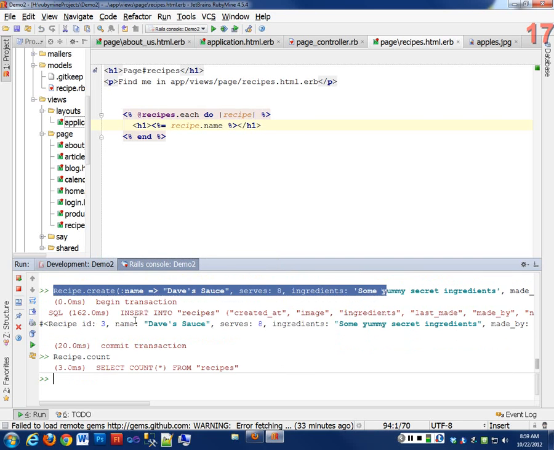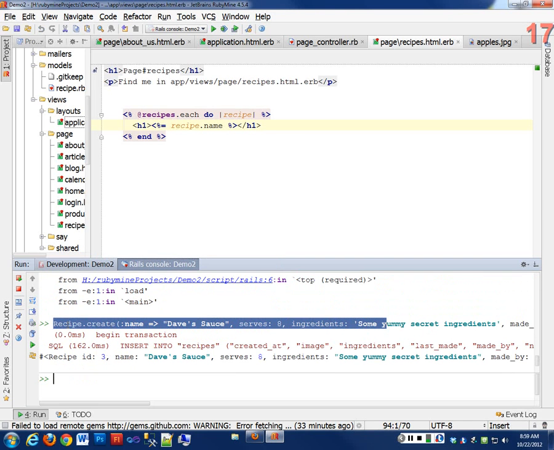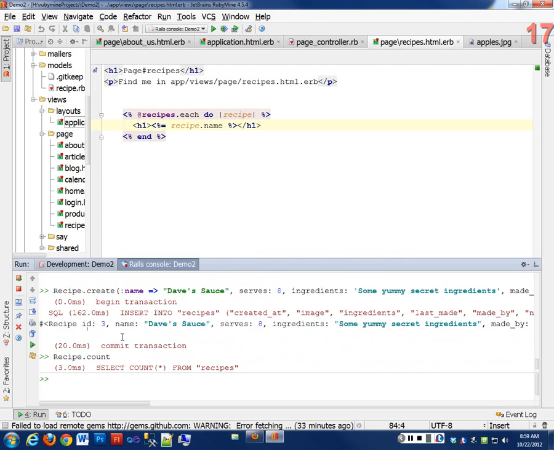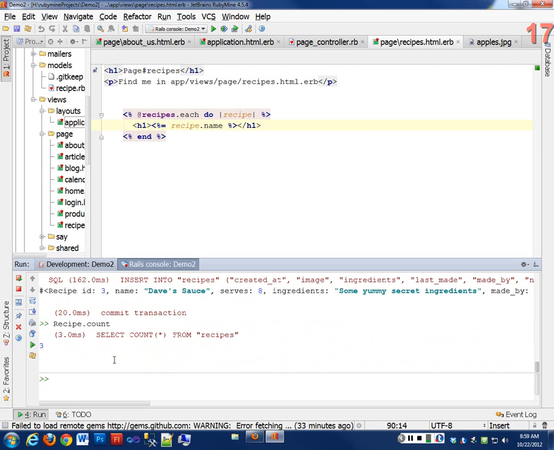Well, in this case, it actually created it in the database, so that was a rabbit trail. Ignore what I said. That actually stored it in the database. So now when I look at recipe, count is a method that tells you how many records are in this particular table. So recipe.count tells me I have 3 now. If I reload my page,